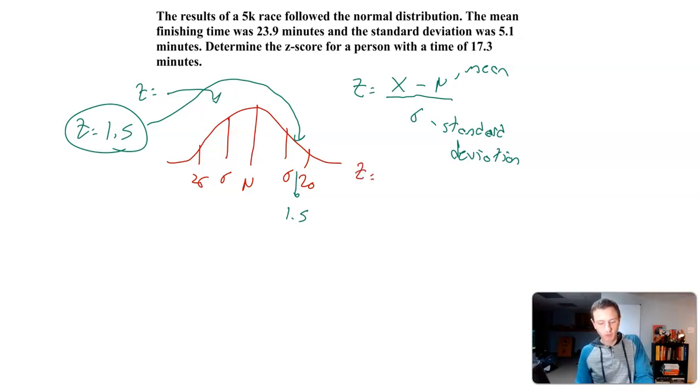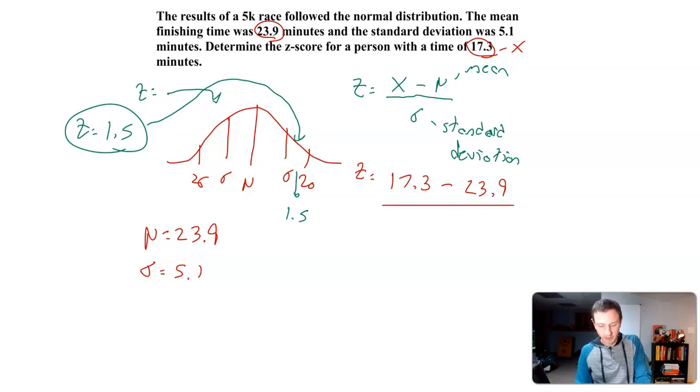So my z-score will be x, which is what I'm computing the z-score for, that's 17.3, minus the mean. The mean was provided as 23.9, and the standard deviation is 5.1. So I'm going to have 17.3 minus 23.9, divided by 5.1. So let's go ahead and compute this. 17.3 minus 23.9 divided by 5.1. And that is negative